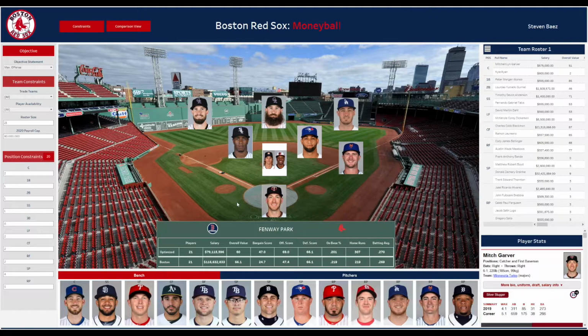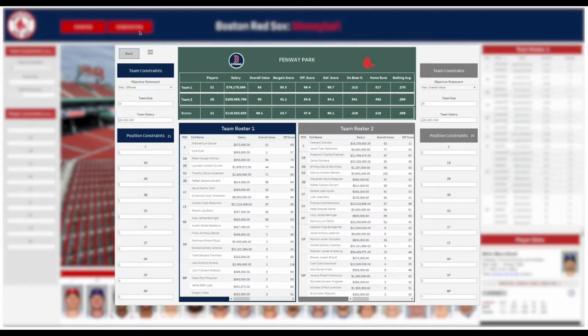So we want the ability to do comparisons and compare how maximizing the overall value would compare to maximizing the offense given the current constraints. So we're going to navigate over to the comparison view, which allows us to run multiple scenarios given two team constraints. So team 1 is defined by the output of the blue constraints, team 2 is the output of the